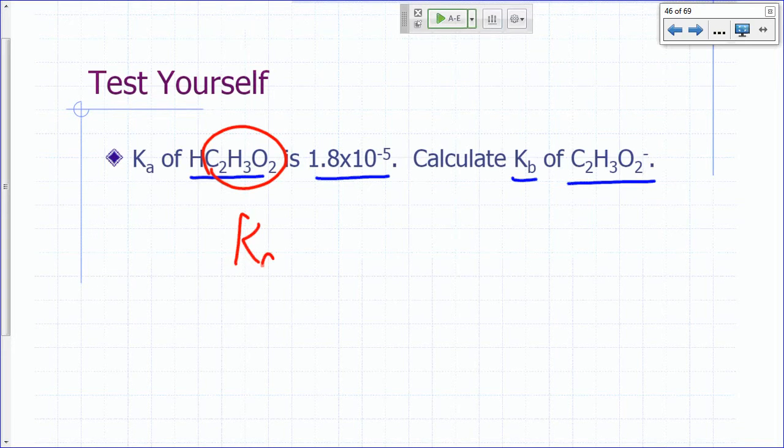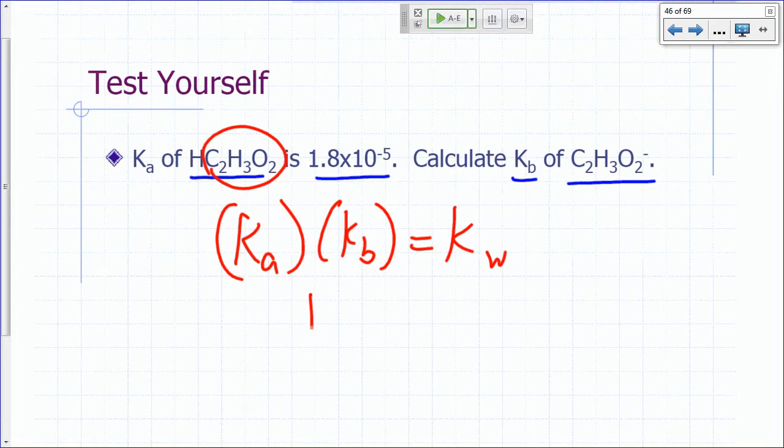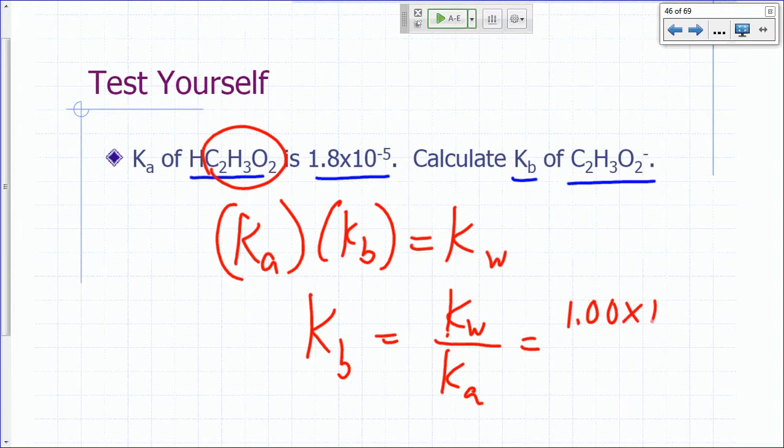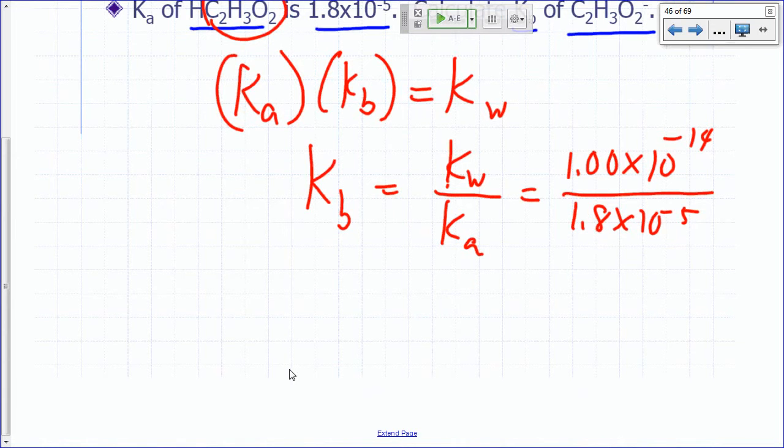So what do we do? We just say Ka times Kb is equal to Kw. So Kb would be Kw divided by Ka. What's Kw? 1.00 times 10 to the negative 14. And what is Ka? 1.8 times 10 to the negative fifth. And that should give you